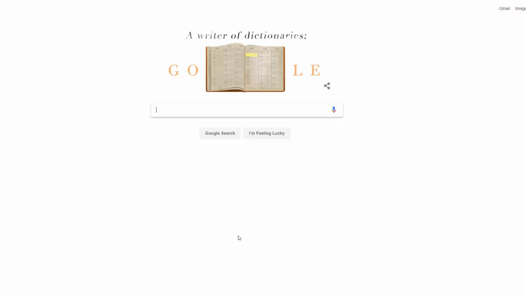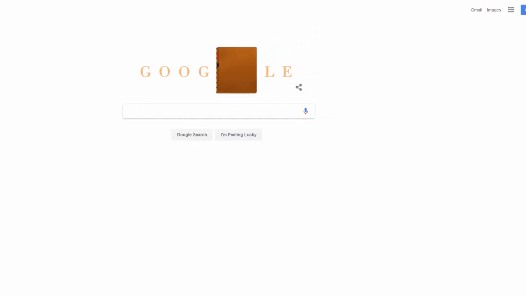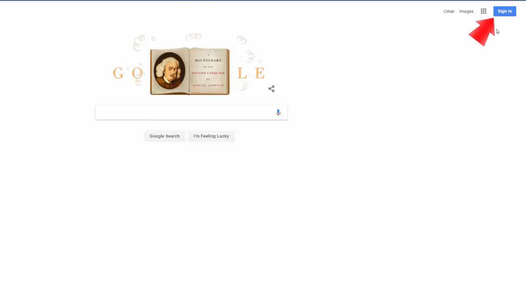We'll display the login process through this page, as it's identical to logging in through any of the pages for those individual applications. I also want to note that if you're logging in to CNU Connect for the first time, you may have to go through this process first before being able to use those links in CNU Connect to access those Google accounts. When you reach any Google page, for example, their main search page, you should see a Sign In button on the upper right-hand side of the screen. When you click on that button, it will take you to a Sign In field.